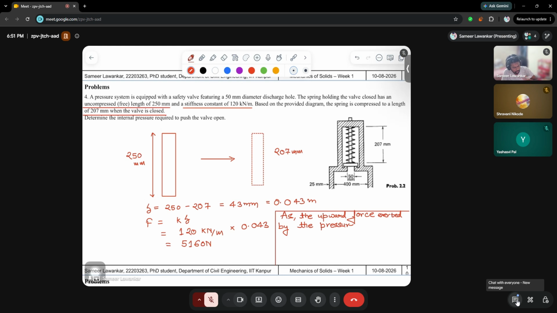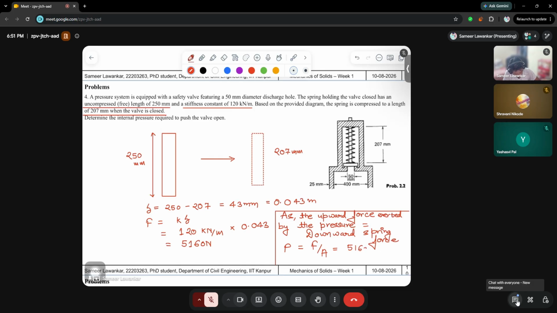The pressure which is being accumulated up here is equal to the downward spring force. Therefore we can get that pressure P is equal to force upon area, and here